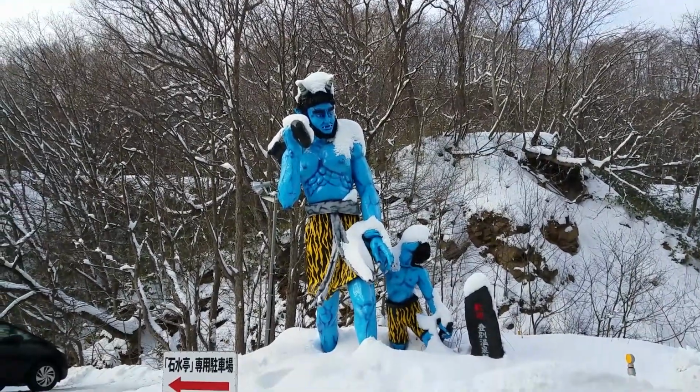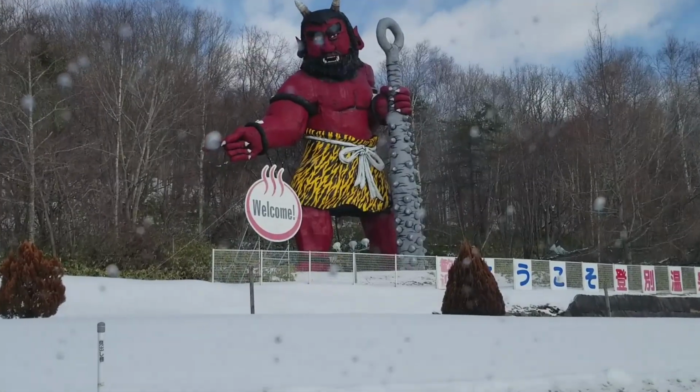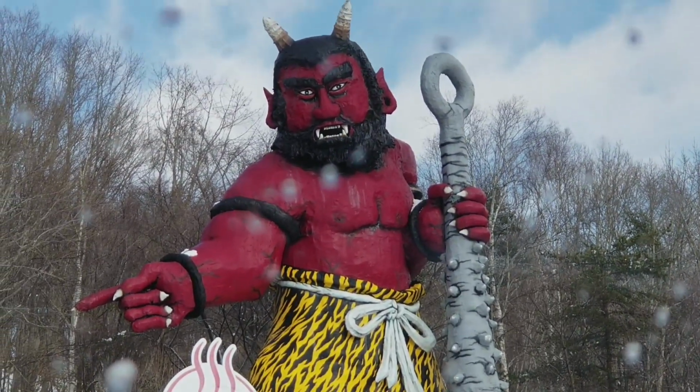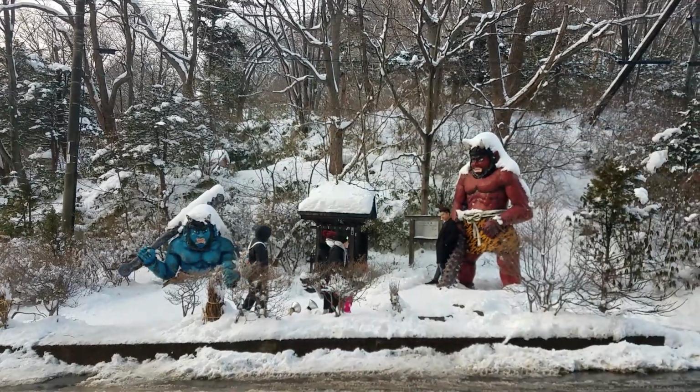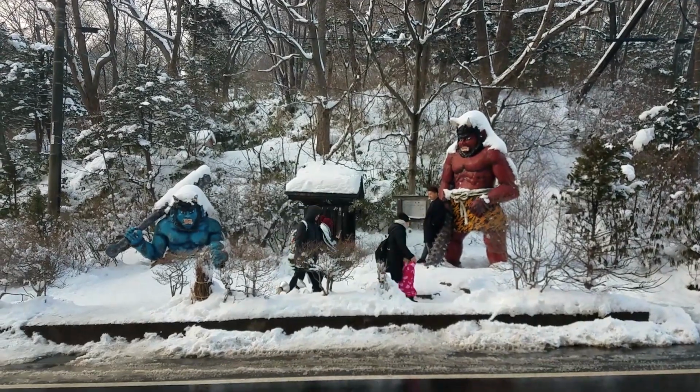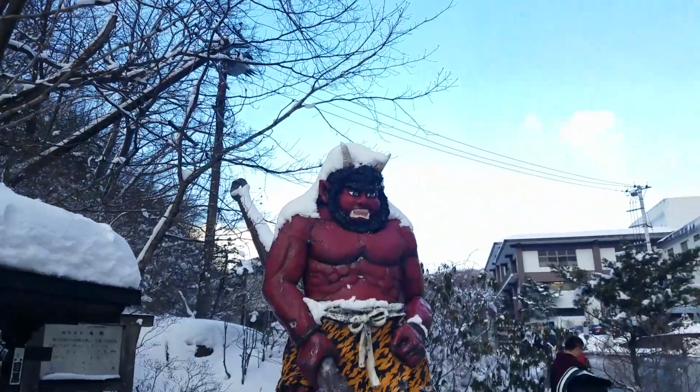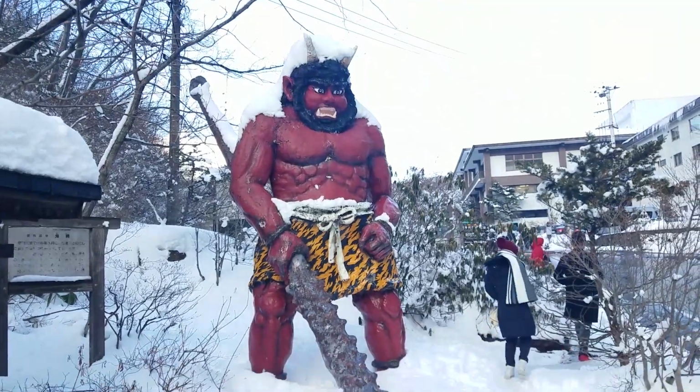All over town, since it's called Hell's Valley, you find big, giant blue and red oni. Now, in Japanese folklore, an oni is sort of like an ogre monster creature. Primarily, these oni are here because they are the punishment givers in Japanese Buddhist hell. And so you'll see them depicted all over town with their clubs that they're using to punish the evildoers in